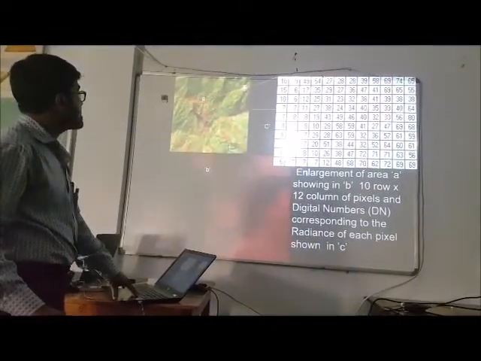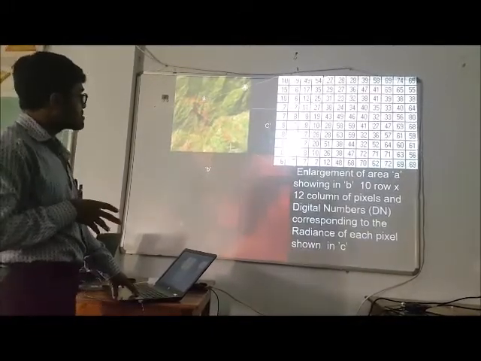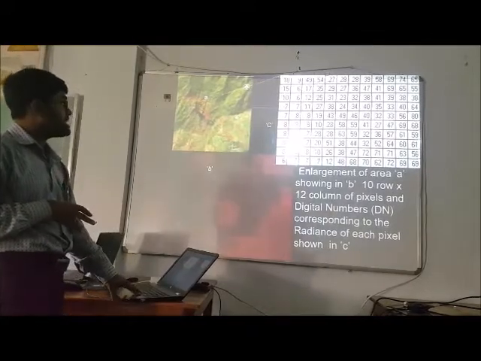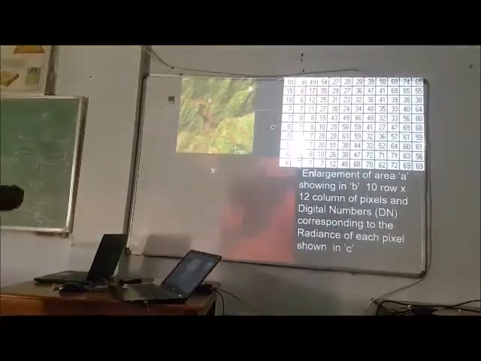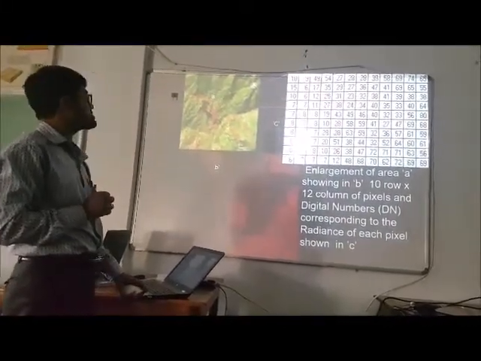Here are the 10 rows and 12 columns of digital numbers of the near infrared band. Here we can see that the red part is higher in the vegetative areas.